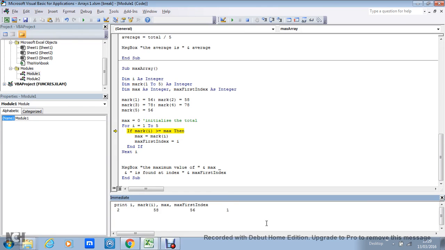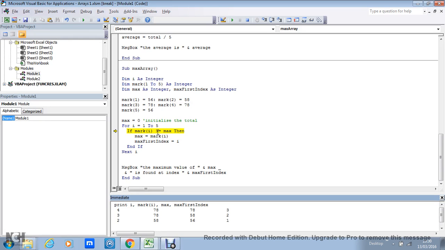So after one run, the maximum value is 56 and it occurred at position 1. After 2 runs, the maximum value is 58 and it occurred at position 2, which you expect. After 3 runs, the maximum value is 78 and it occurred at index 3,